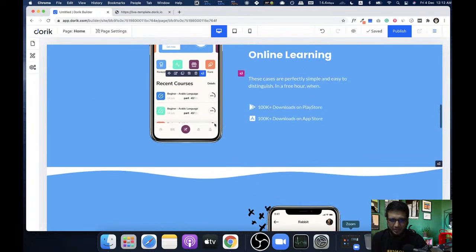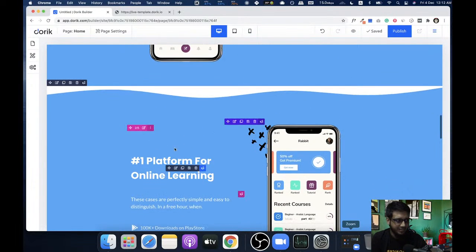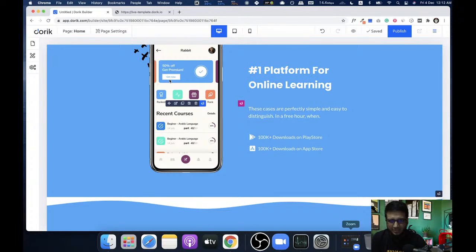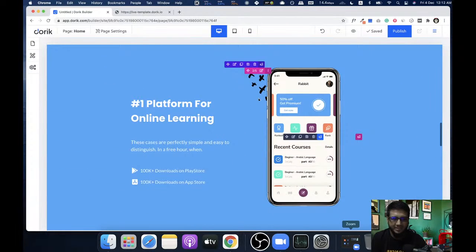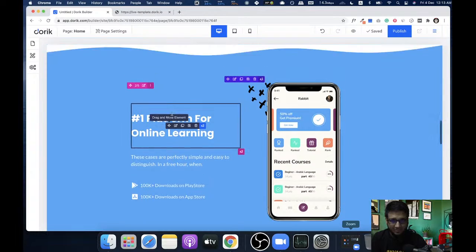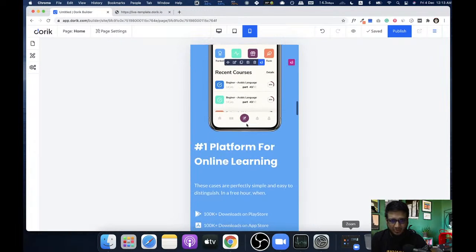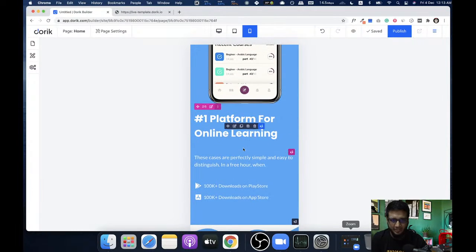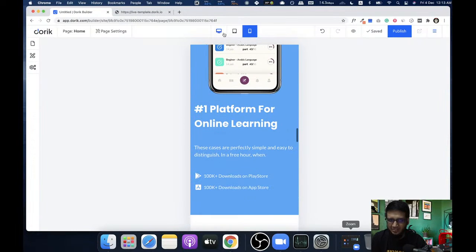Right now we have left right, and left right: image on the left, text on the right, image on the right, text on the left. But when we go to mobile, we want a well structured layout, like image, then text, then image, then text. So we can do it.